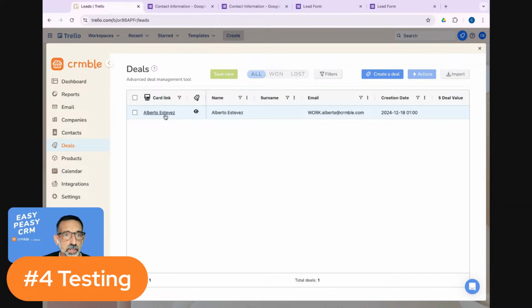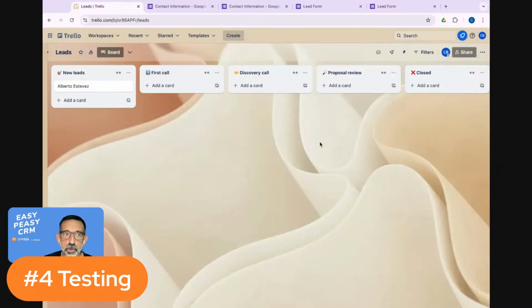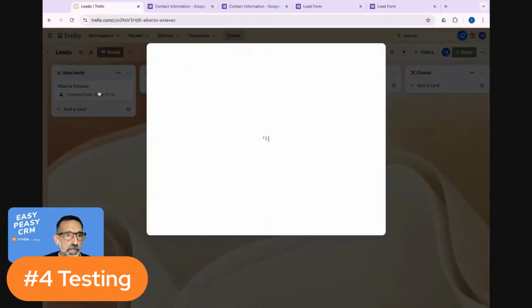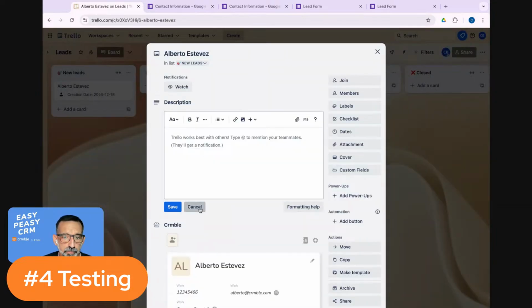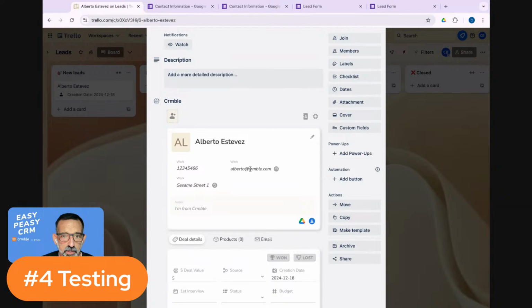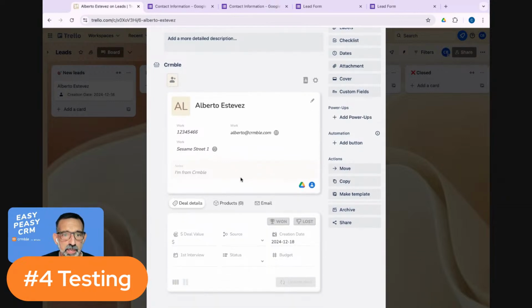That's the deal card, the new deal that we have submitted. So if I close this, you'll see the card. In fact, if I refresh the board, you'll see that on the front of the card, I see the creation date, which is one of the fields I selected to be visible on the front of the cards. So now, as I said, I can click on the card, and because the card has an email address,